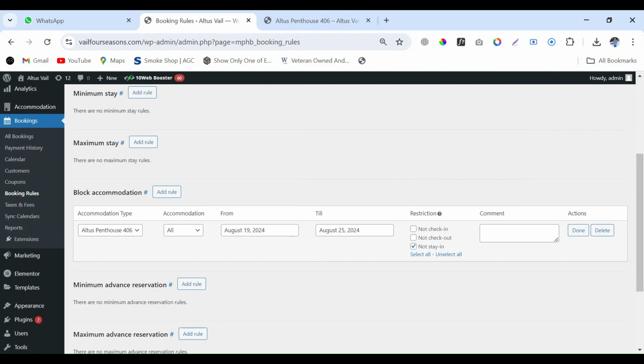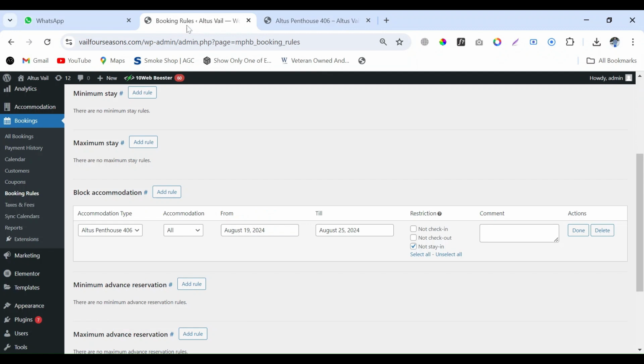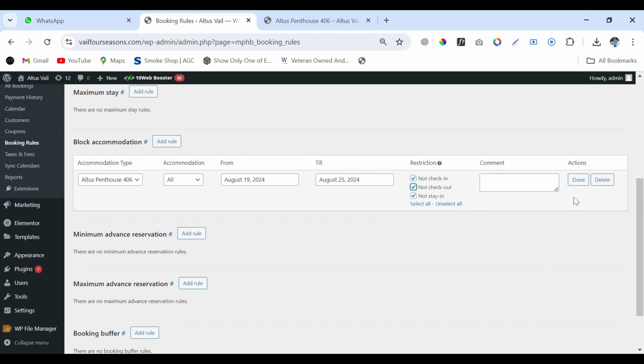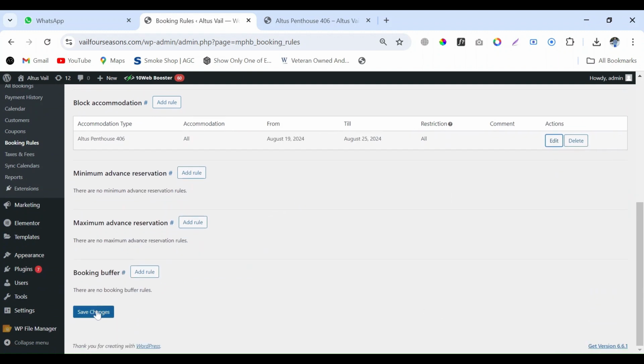So I select the days from 19th to 25th August, and when I make all other changes, you will see that your whole scenario is booked or blocked. Next, check all these options and then done. After that click on save changes.